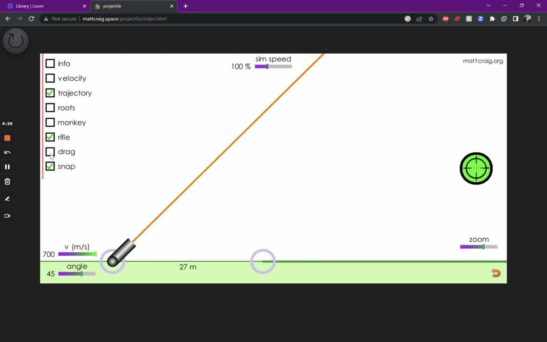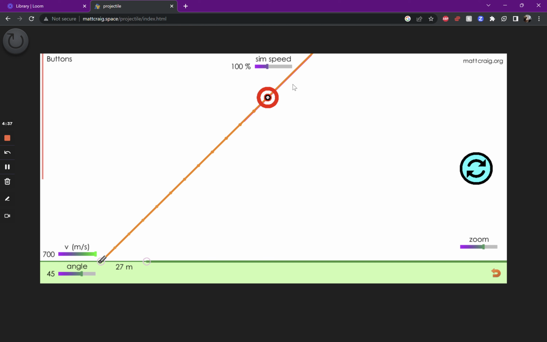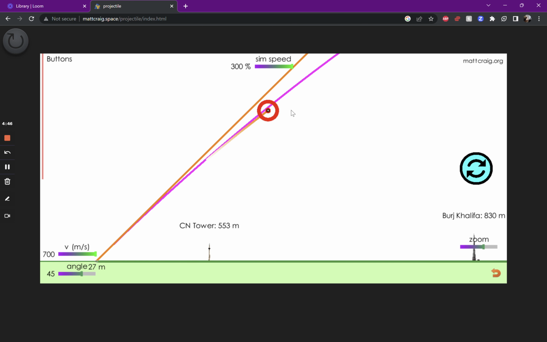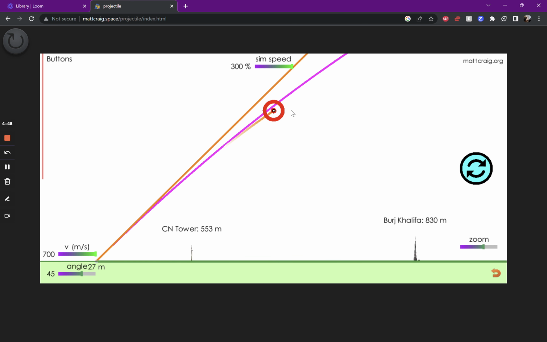Now, I did not incorporate this with a physics equation. I just did a simple kind of exponential decrease in energy every time. So this is not simulating real drag, but if I increase the drag, you can at least see that the bullet will not follow the pink trajectory. You can see that it's starting to fall short,